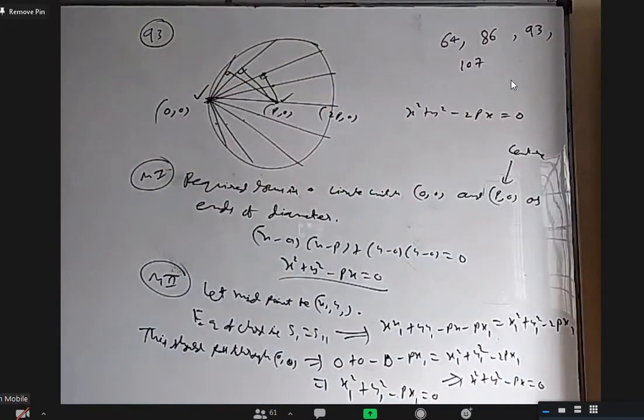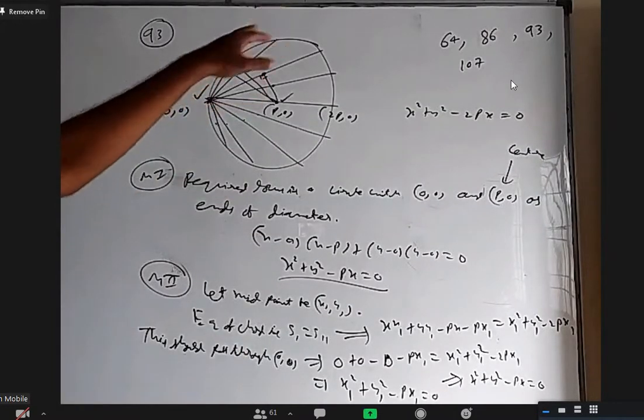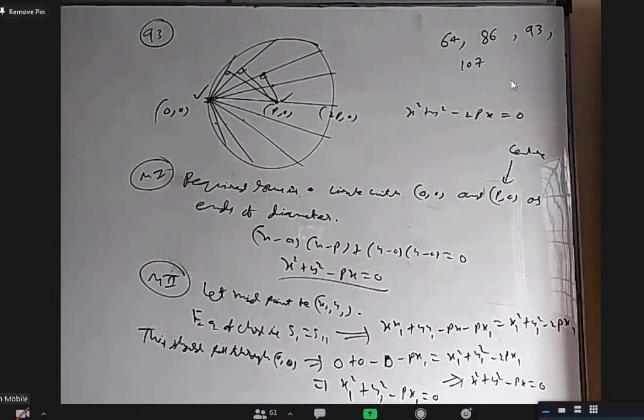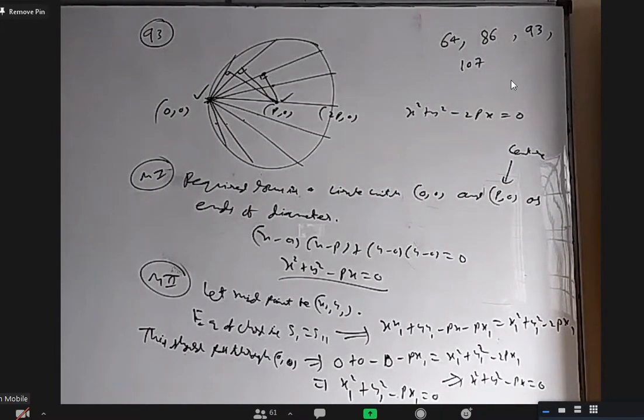Okay. If you don't know the geometrical explanation of it, let it be. Let the midpoint be x1, y1, just find equation of the chord S1 equal to S11, substitute the point. The method 1 is that we really know what is the locus, what is the shape, and what are the details of that. Most of the locus questions in this chapter are very simple. Just take whichever point they're asking locus as x1, y1 and use some conditions given in the question. You will get an algebraic relation between x1 and y1. Then remove x1, y1 and put x comma y. That is the locus.